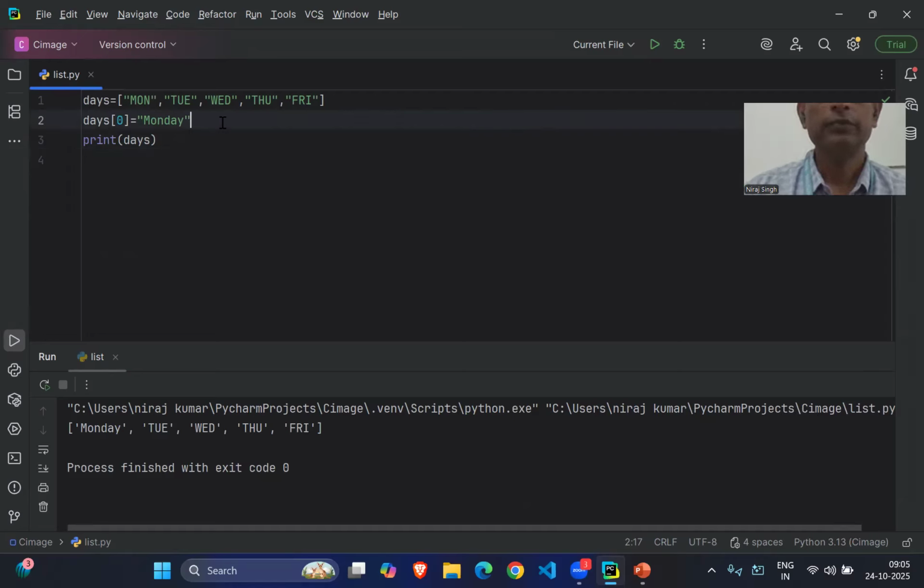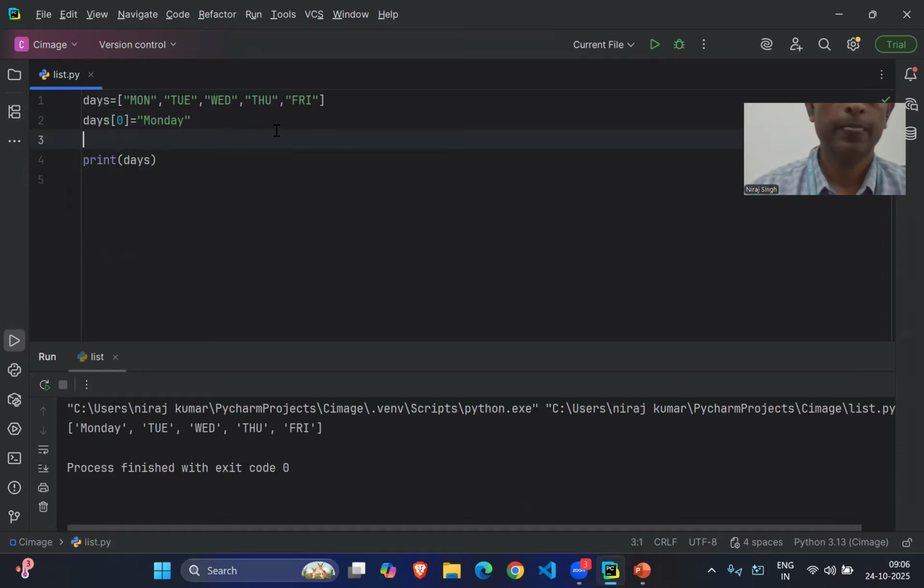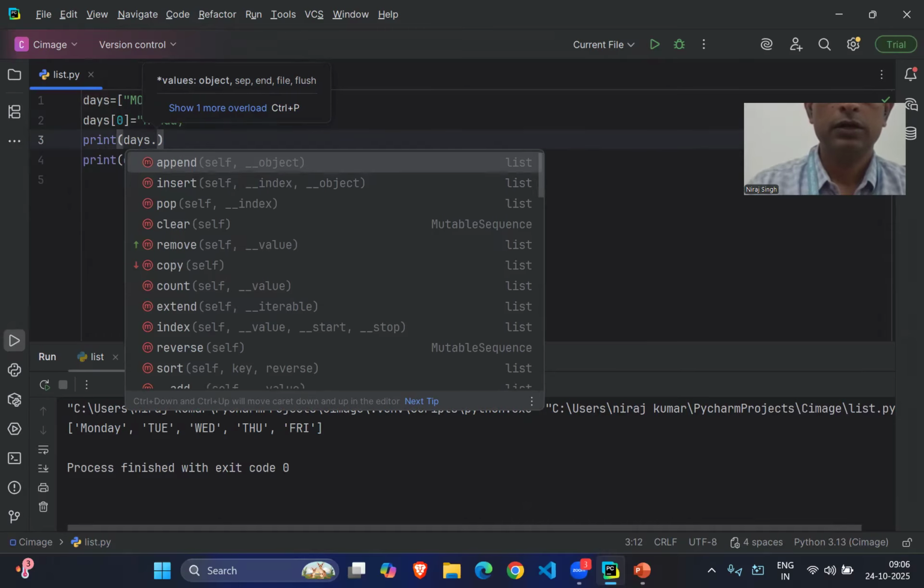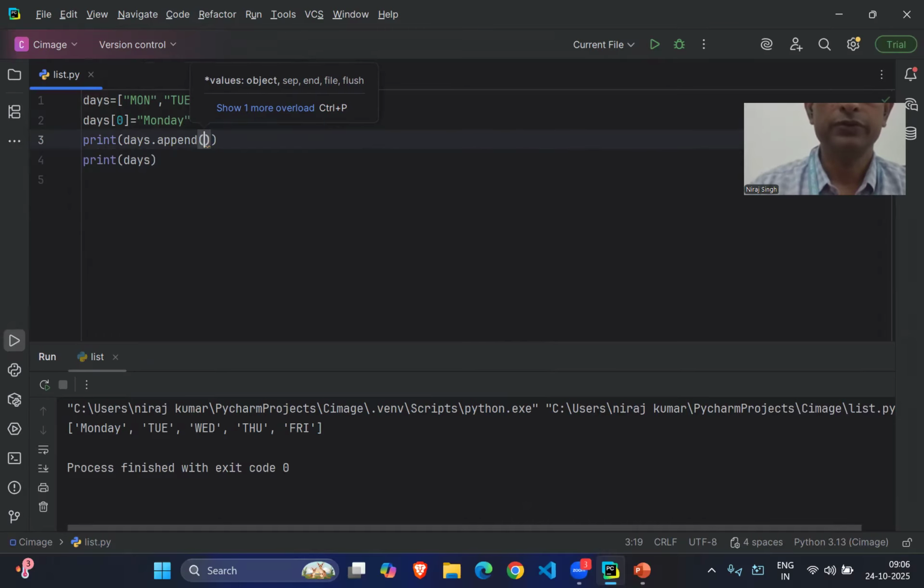Now we perform the insert operation. How can we add an element to the list? First of all, for this, I'm going to write print and days dot append. The append function will add an element at the end of the list.